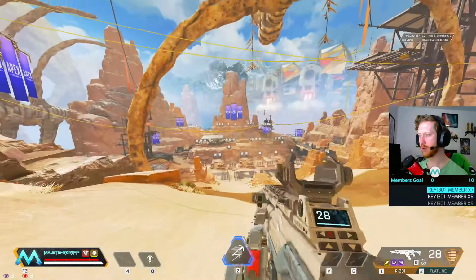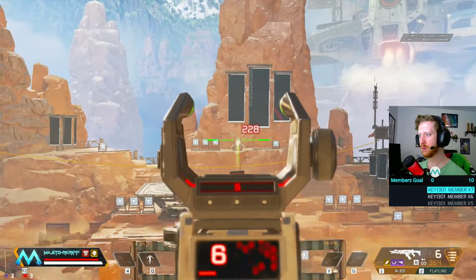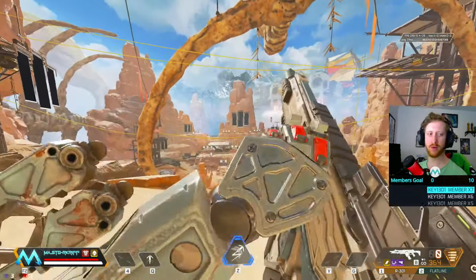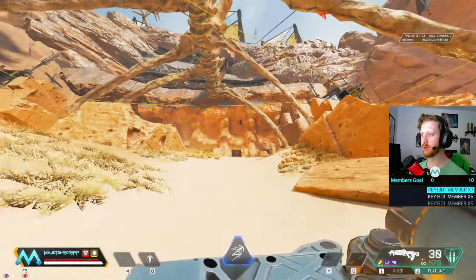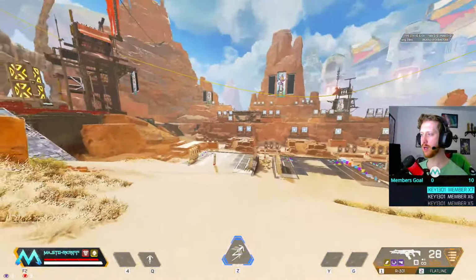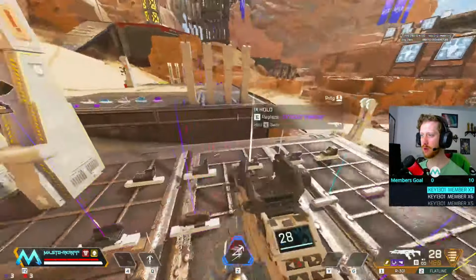So 248 with 3-1. I can hit more without jitter aiming. That's why I don't jitter aim. This is why I don't jitter aim, because I can control the recoil much easier myself, and I know what